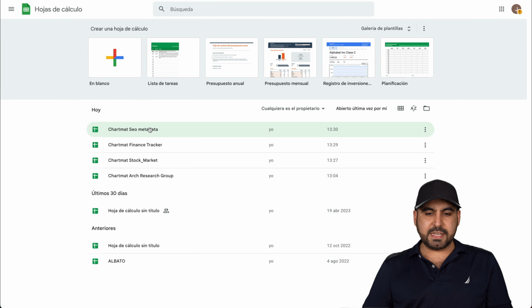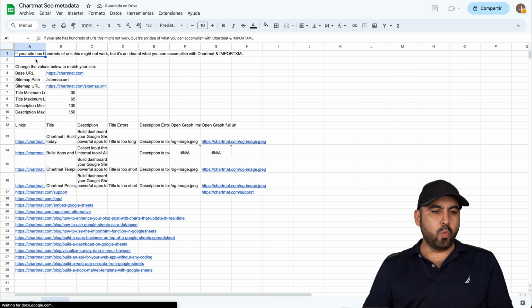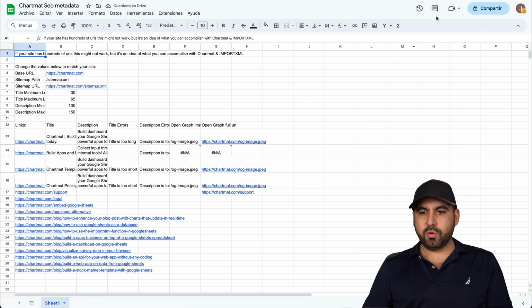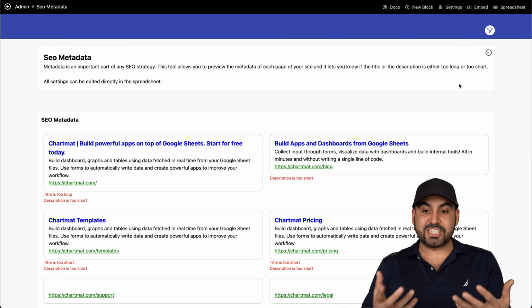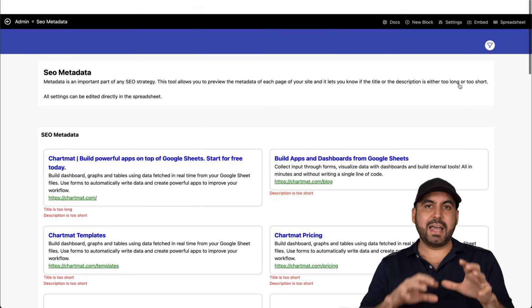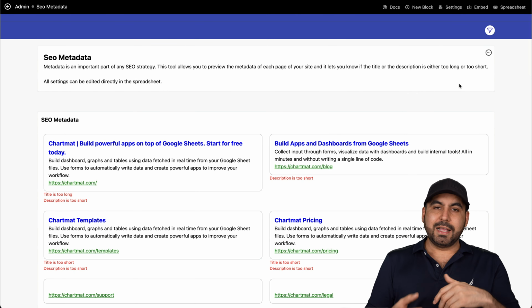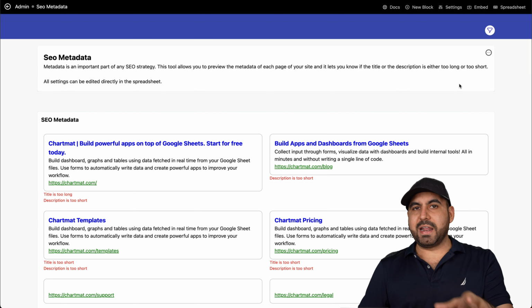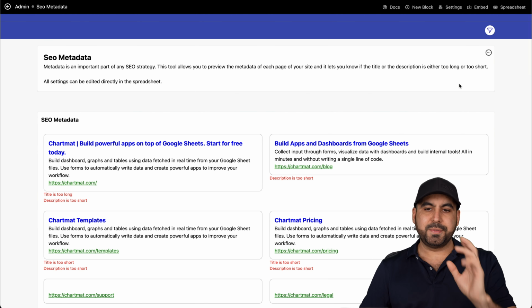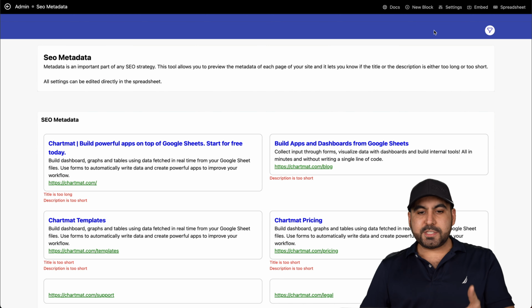Here it is, the SEO metadata. Again, we can fill it out through here, or let me see, in this case, it depends on the chart if it's going to let you, if it has a section to add. So in this section, it doesn't have the option to add it manually, like the Daily Budget. But in this case, we'll add it from the Google Sheets with automatic information, with a scraper or something like that. Now, there's a lot of settings available here.